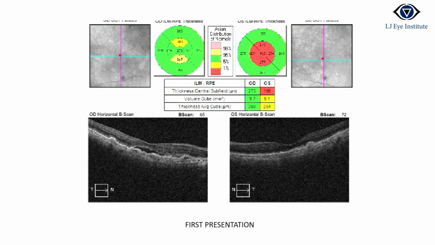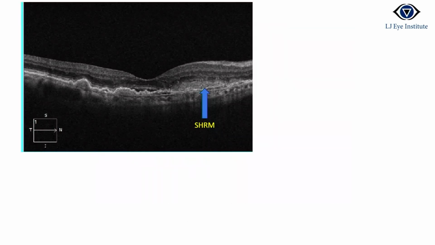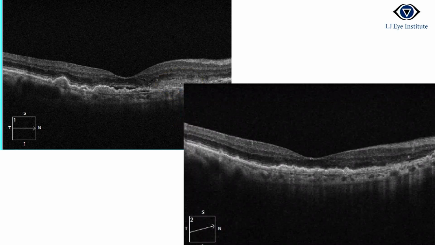This patient's first presentation was like this. The left eye was absolutely dry ARMD. The right eye had some amount of SRF, so I treated it with anti-VEGF. Now you can see some hyperreflective material subretinal coming up. This patient has been treated with anti-VEGF and this is settling now. This again suggests that the patient will go into scarring, and the visual acuity will not be very good. This SHRM formation is a poor prognostic factor and this will settle into scarring or fibrosis. Finally the patient went into atrophy.